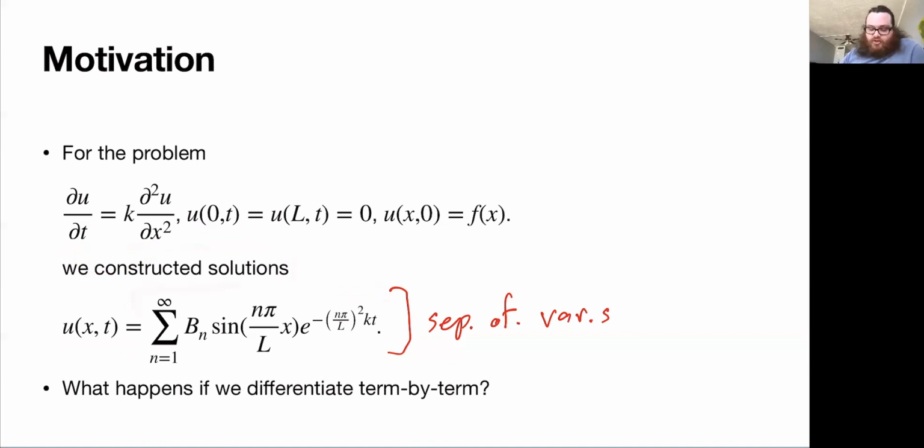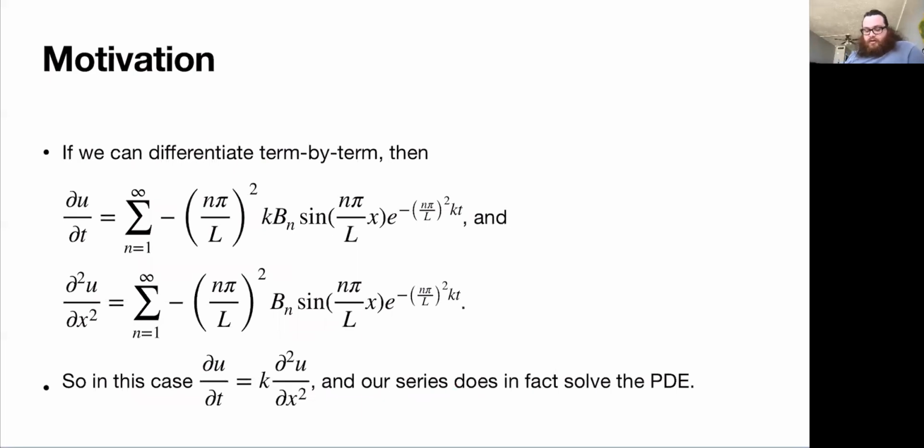But what if we distribute these derivatives across all of these terms in that infinite summation? If this process is allowed, if we can differentiate term by term, then here we're taking the t derivative of u,